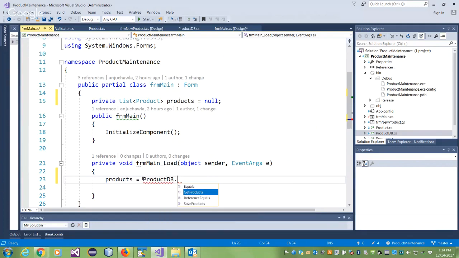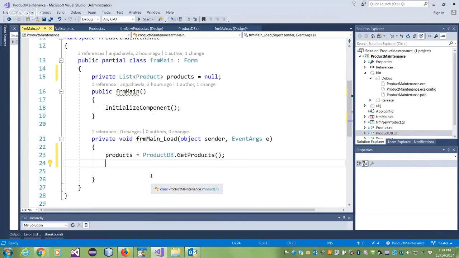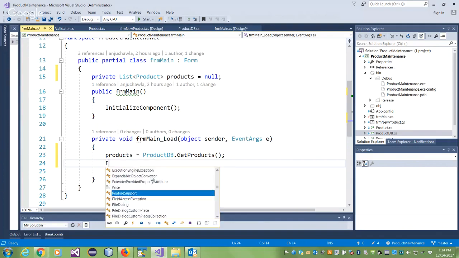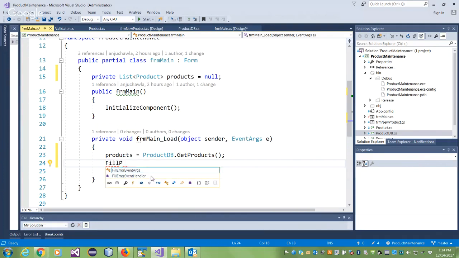There it is. Right, so I can use the class name because they were all methods, and the name of the method was called get products. Okay, so get the products from the product DB. Now I could write the rest of the code here too. There is no big deal, but just so that you get it, don't forget. I mean, I'm sure you won't forget, but get